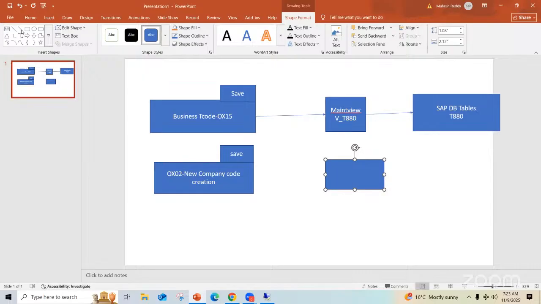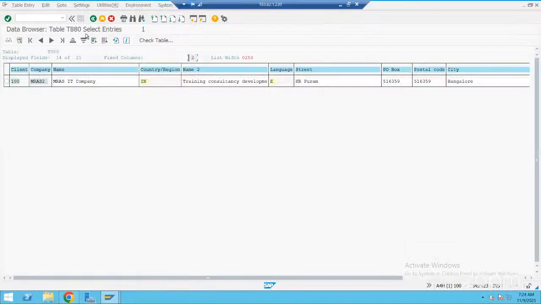Okay. And go to here. And here the maintenance view. Which maintenance view? V underscore T001, I think. See here, you can press F1.